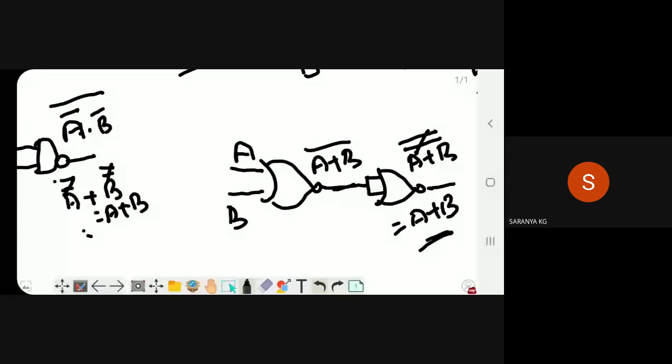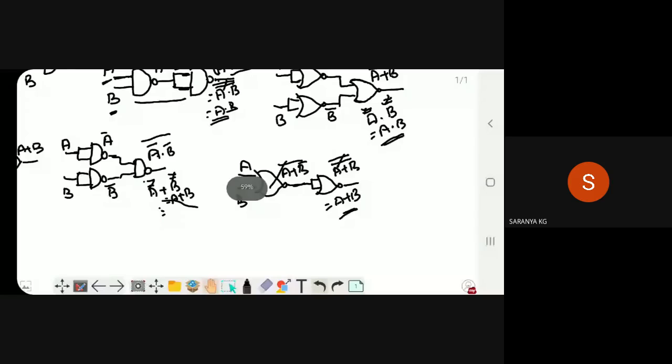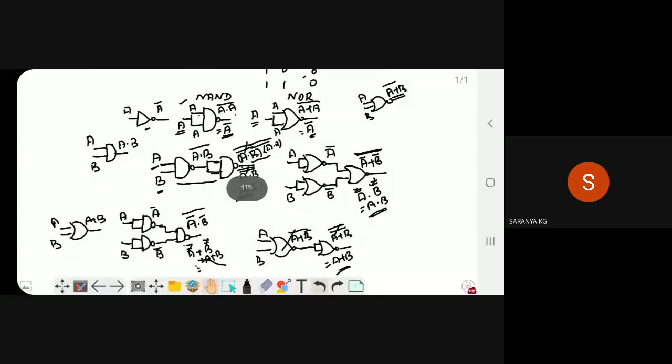So this is nothing but the important table. If you know this table very well, then only you can solve the problem. Got it? In the implementation, you should know how to write this table and how to draw this table, then only you can solve the problem. Okay, got it?